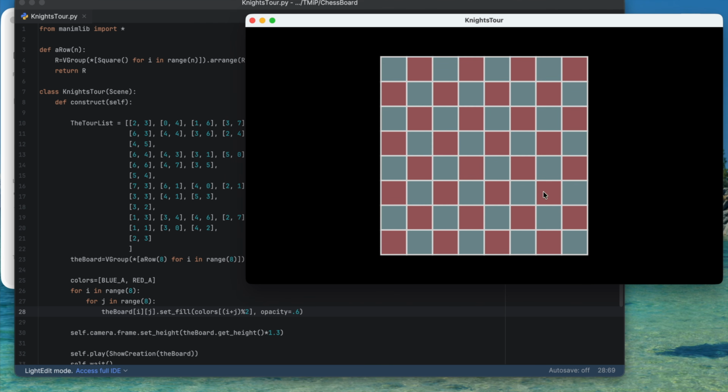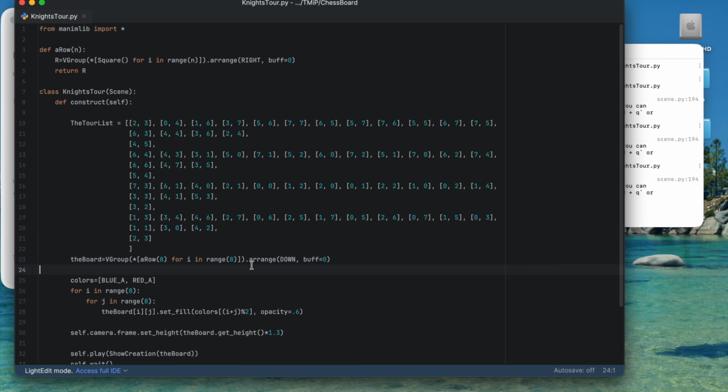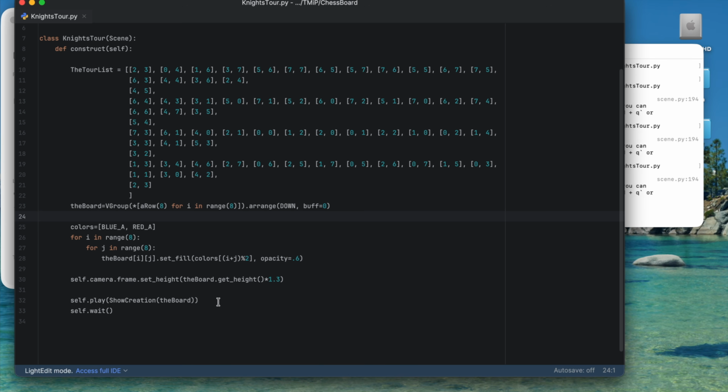Yeah, there we go. That looks pretty good to me. So it's alternating blue and red. I've made them not fully opaque so that it looks a little faded. And yeah, that should be good to go here. Okay, so we've built our checkerboard already, and now we just need to figure out how to animate